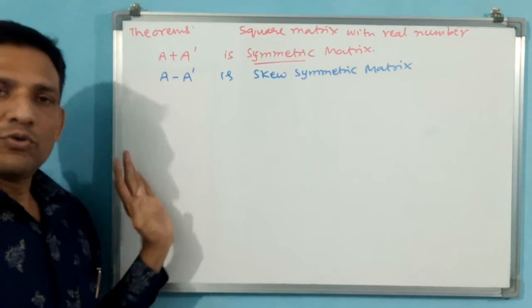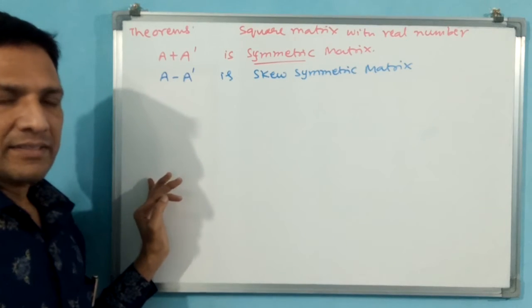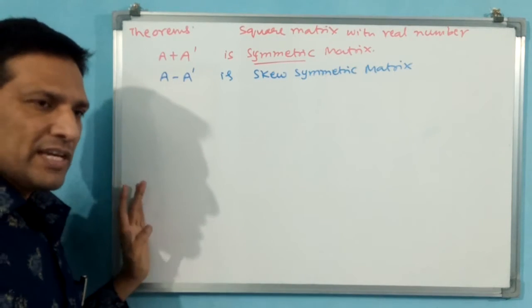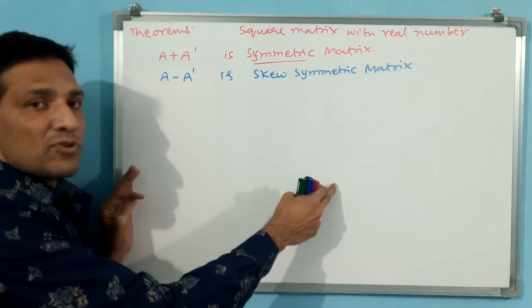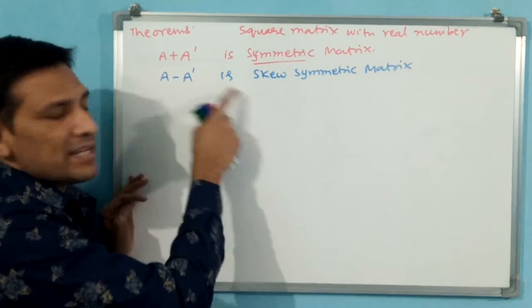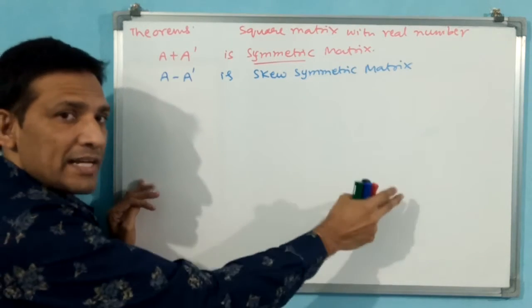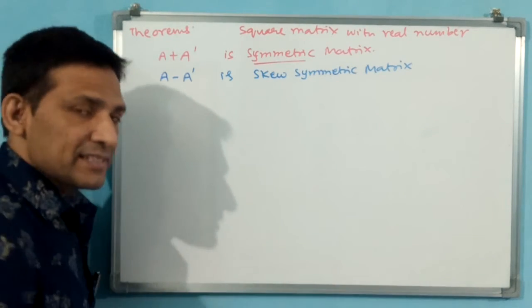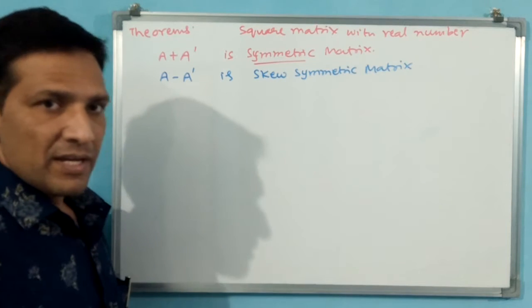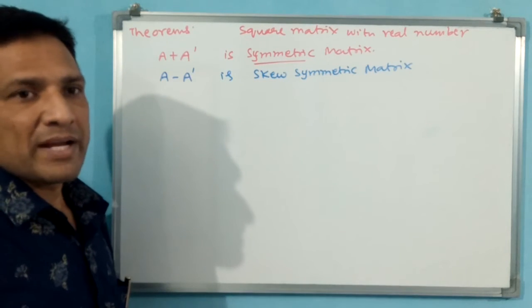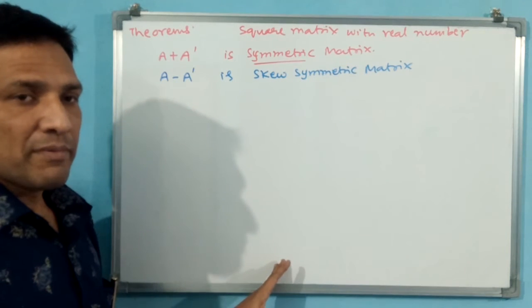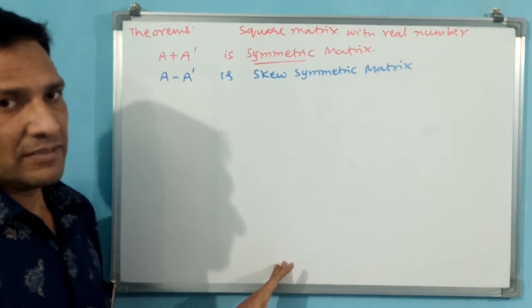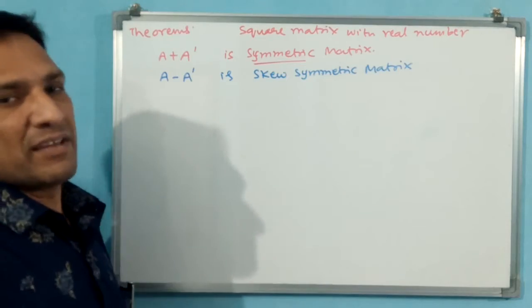And you take any one matrix, transpose that matrix, A transpose will be there, and you subtract the transposed matrix from the original matrix, A minus A transpose. Then, if you take that resultant matrix as B, then B is a skew symmetric matrix. Skew symmetric matrix means if you transpose that B, B dash is going to give minus B.